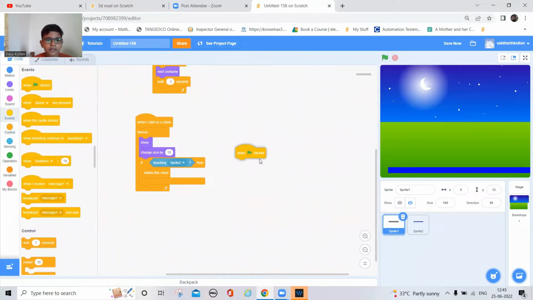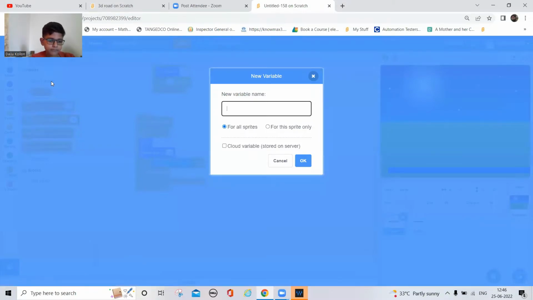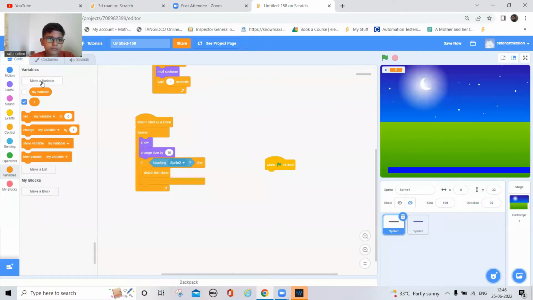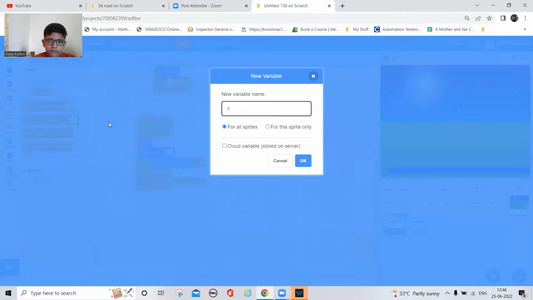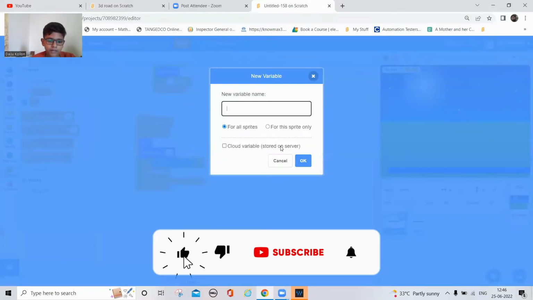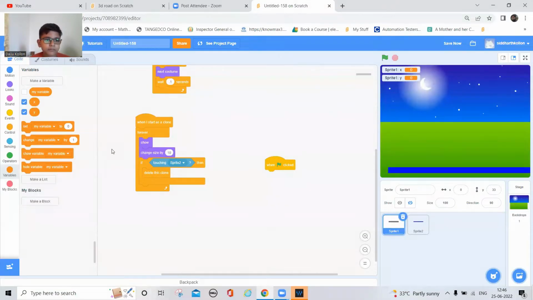So now keep a green flag option and then make two variables, which should be x, which would be for this sprite only. Click on OK. And one more variable, which should be y, for this sprite only. So set both the variables to 0